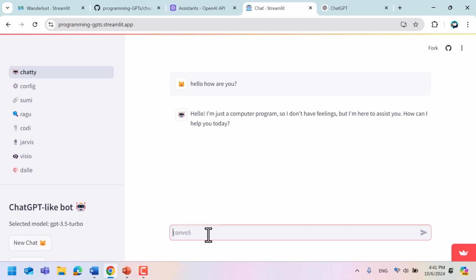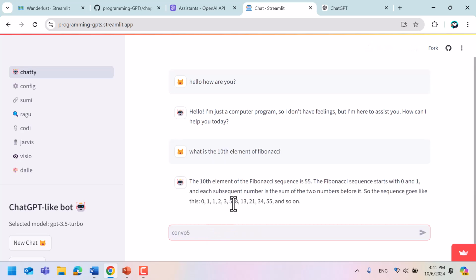And then you can ask what is the 10th element of Fibonacci. And let's see. Yeah, it's getting it right. Okay. Starts with 0 and 1, and the first response is 1.